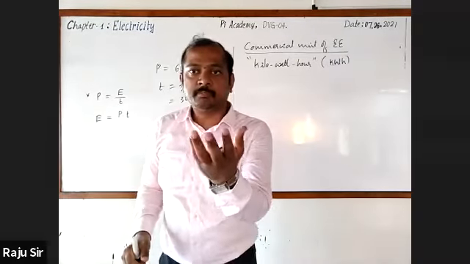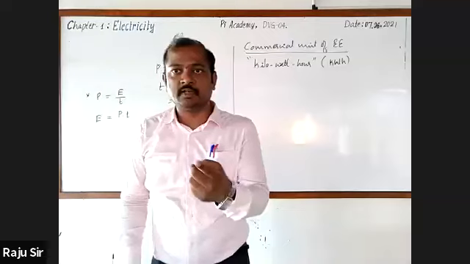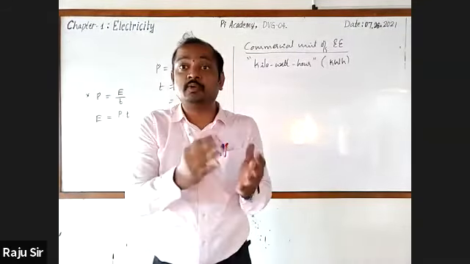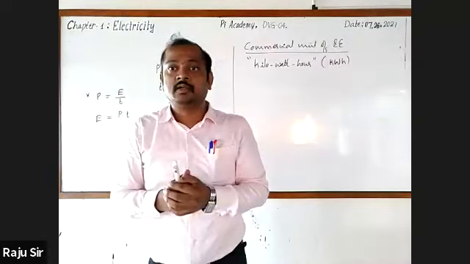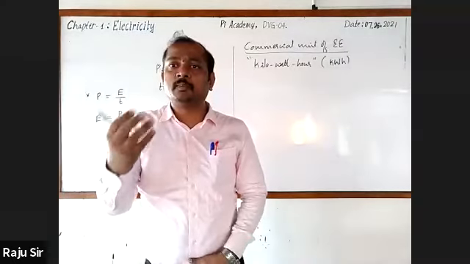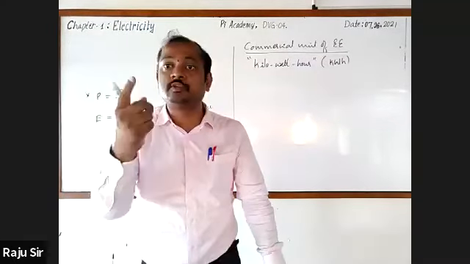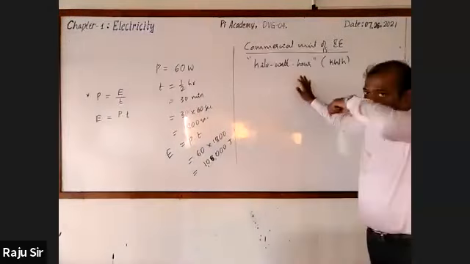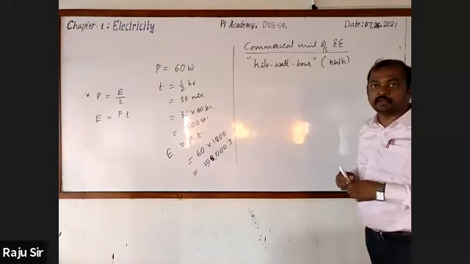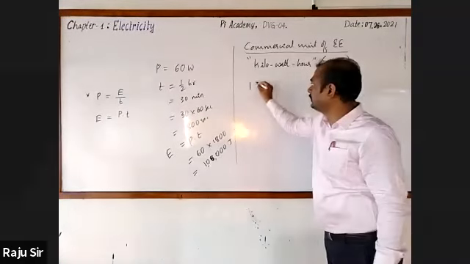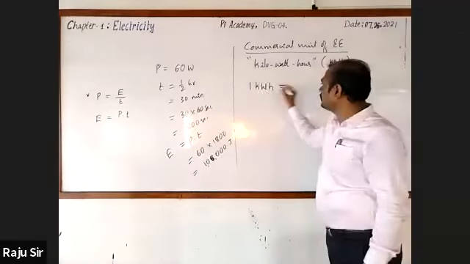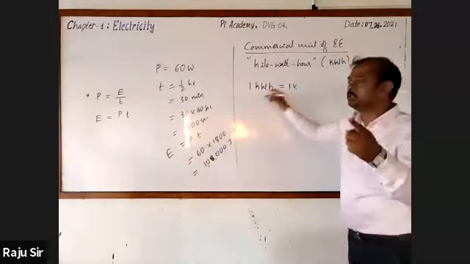Every month you are getting the bill from the electricity board, is it not? In that bill it is mentioned that this month we have used 80 units of electric current. 80 units means what amount of electrical energy you are using in terms of joules? If you want to know that, you must know what is 1 kilowatt hour. Here I'll write. Observe carefully. 1 kilowatt hour is equal to 1 kilo. Kilo means it is 1,000.